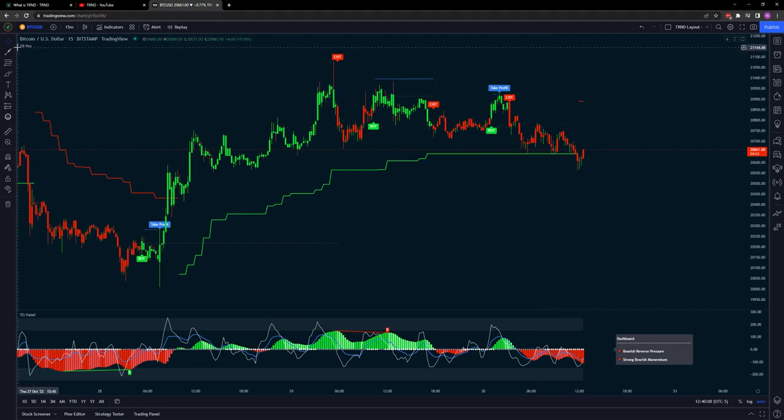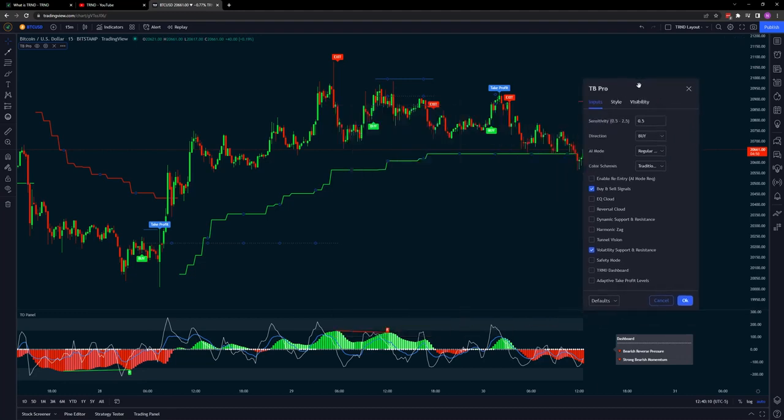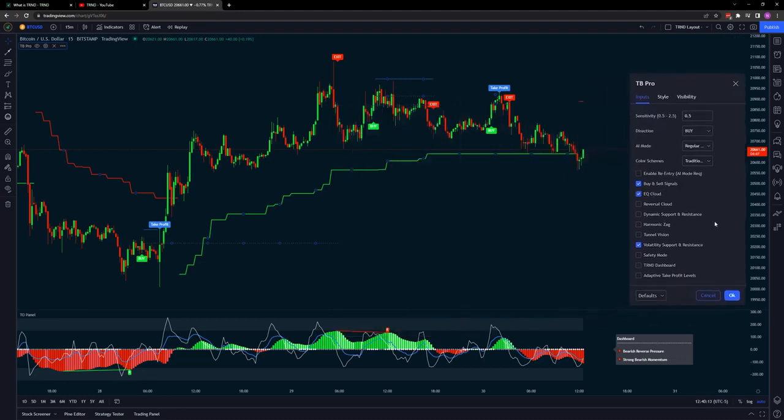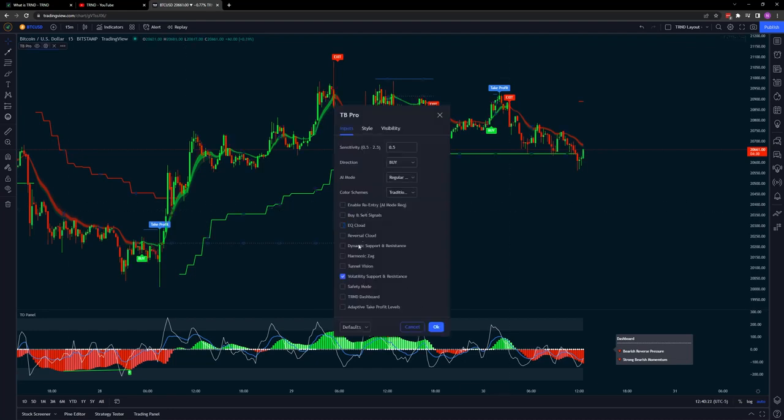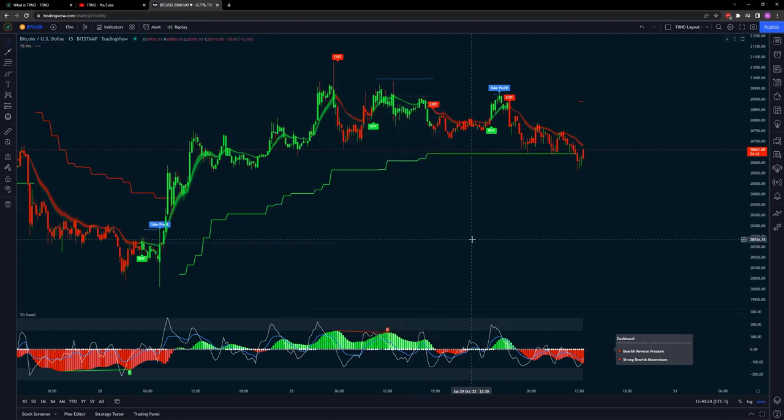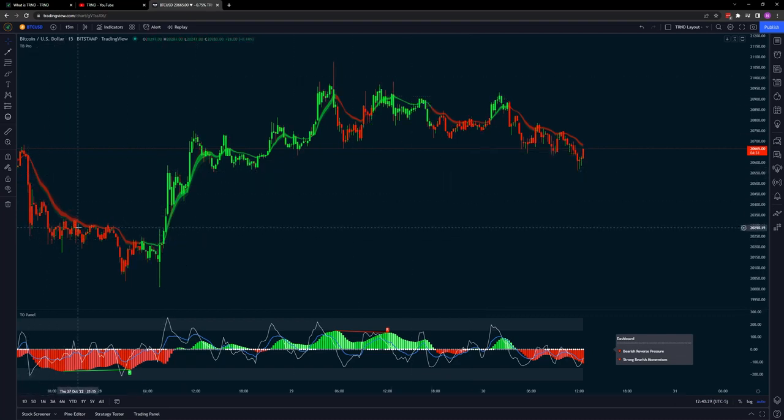Next, let's talk about our EQ cloud. So the EQ cloud is going to help you identify the overall momentum. If the cloud is nice and wide, as we can see here, that means momentum is strong and or high. If the cloud is nice and thin, as we can see here, that